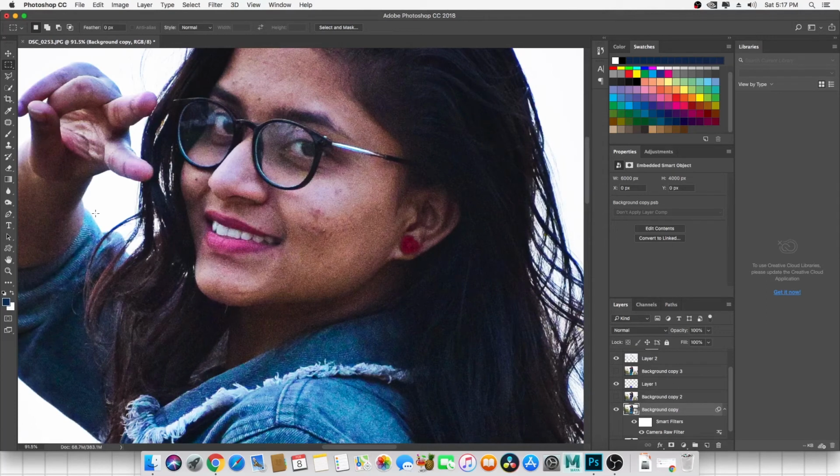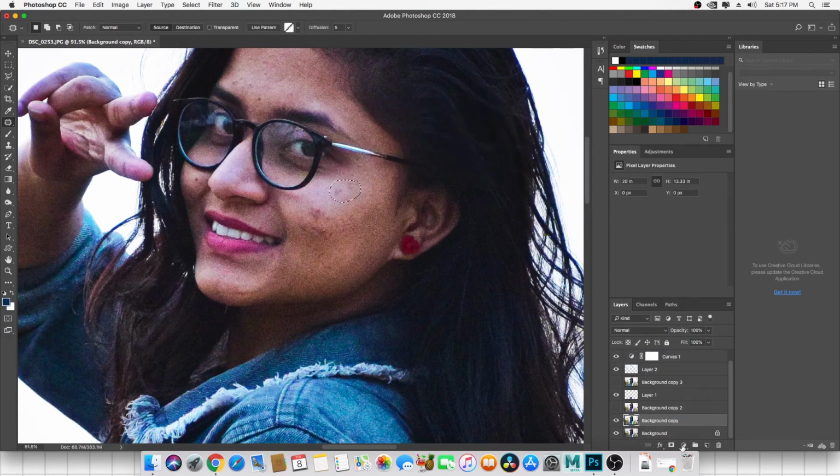So I'm going to click the layer and select the patch tool. You can use any of the three of them, you get the same result, but there are some advantages and disadvantages of each and every tool. So I'm going to select it and put okay. Okay, so I think now it's going to give me a fine result.